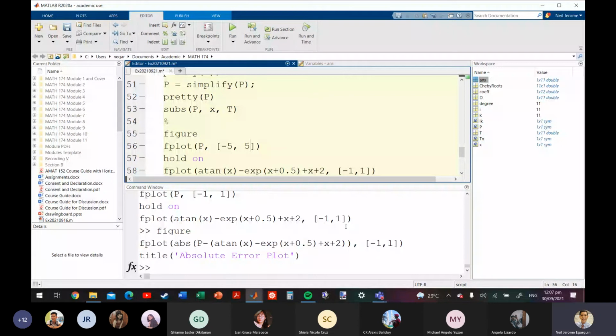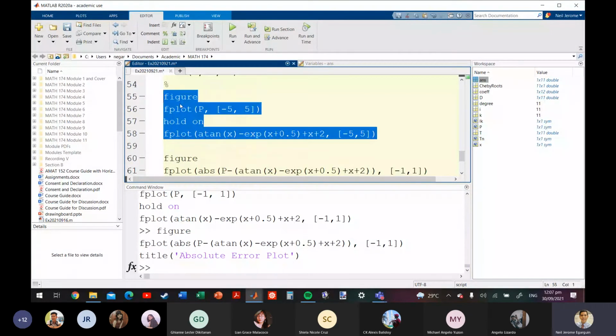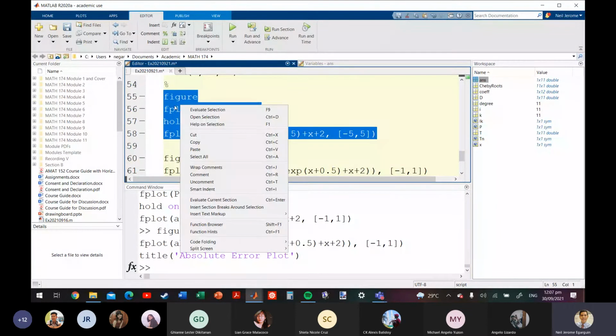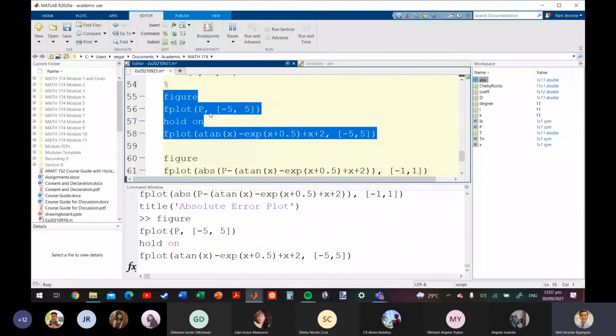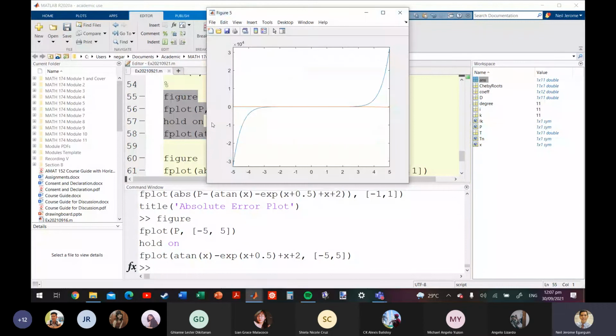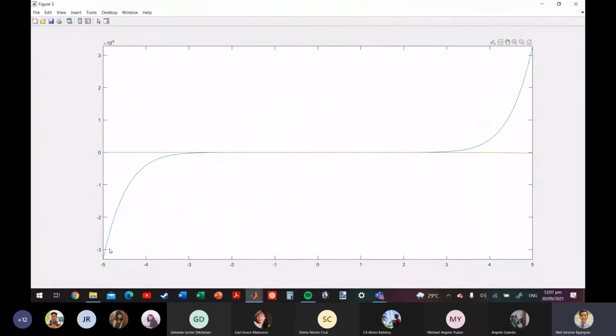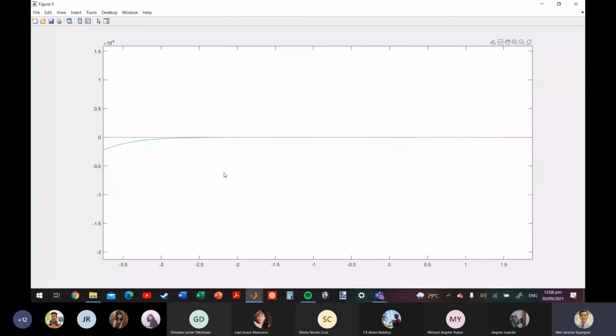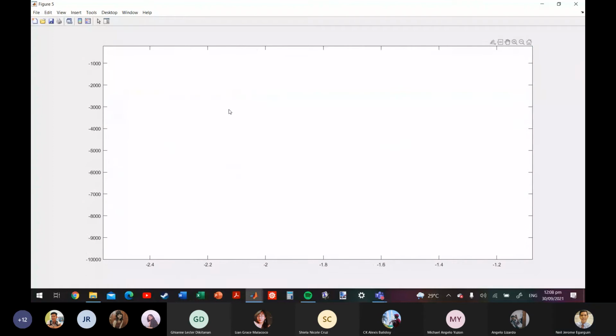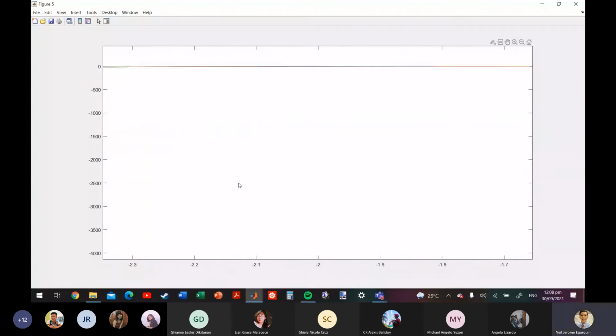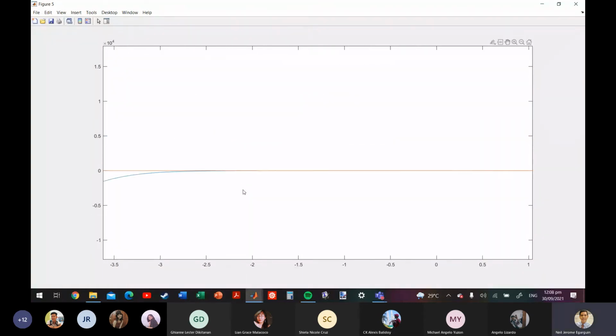Okay. Kung makikita nyo ay halos malayong-malayo na yung behavior nila. Kasi yung interpolating polynomial natin, yung kulay blue, it attains a maximum of 3 times 10 to the 4th over the interval negative 5 to 5. Pero yung function natin ay halos hindi natin makita yung behavior niya kasi halos nag-flatline lang siya, kasi masyadong maliit yung values niya. Okay.